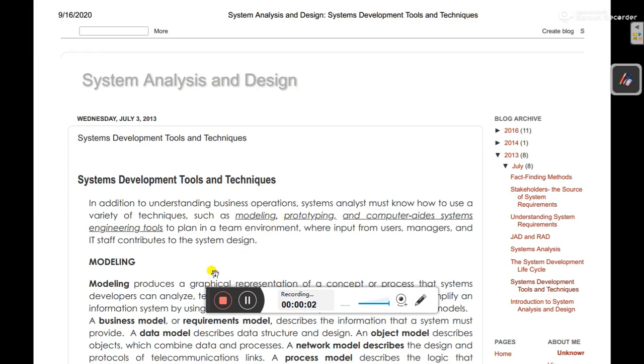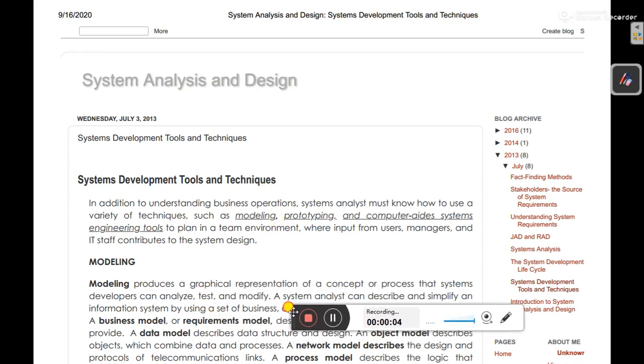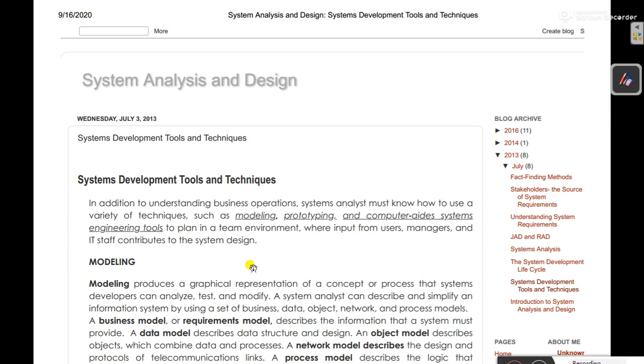In this video, I am going to discuss a basic idea about system development tools and techniques. To understand the business operations, a system analyst must know how to use a variety of techniques such as modeling, prototyping, computer-aided systems engineering tools to plan the environment where input from users, managers, and IT staff contributes to the system